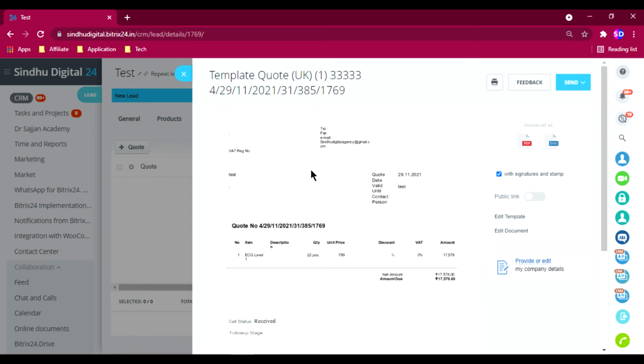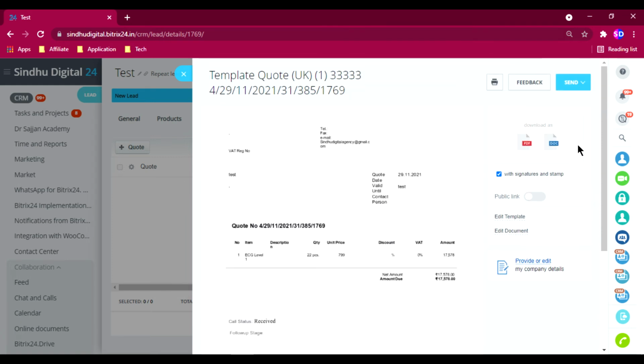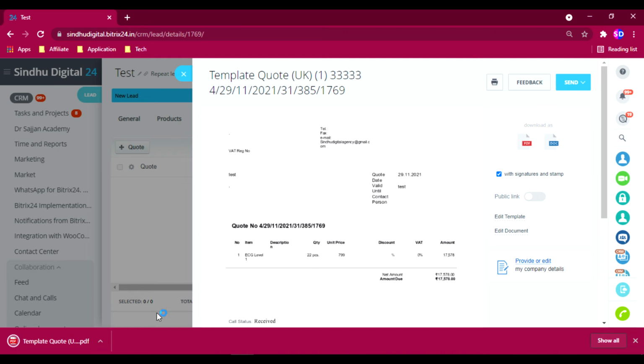And this is an example template, so I didn't put any detailed information here. I'll show you how to create your own templates. You can put that also. And call status received, and everything is set up correctly. I can download it as a PDF. If I click on PDF, it will load. See this,